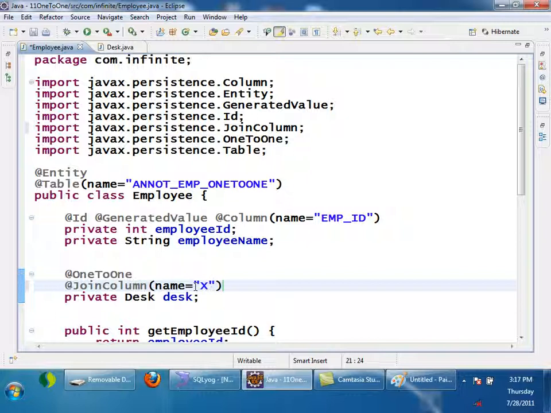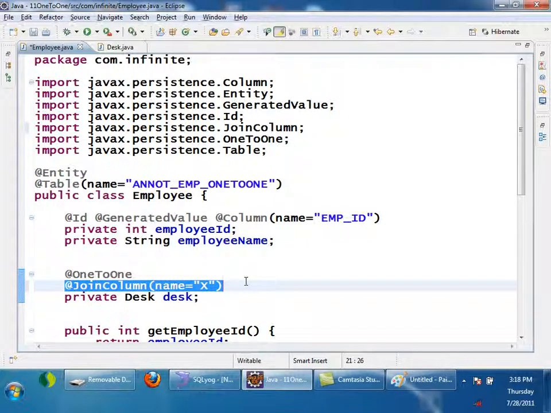We are using join column in combination with one-to-one. As I told earlier, if join column is used with one-to-many, where will the foreign key go? The other side, the many side. If I use join column with many-to-one, the foreign key will go on the same side. Similarly, if I use join column in combination with one-to-one, the foreign key will go on this side only. So if I am writing join column here, the foreign key will go inside the employee table, but that is not what I require.